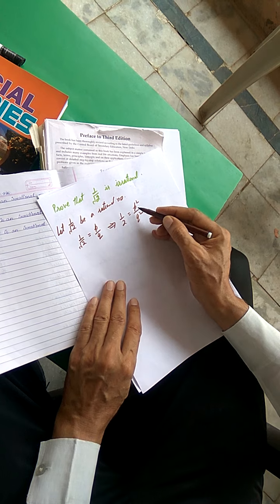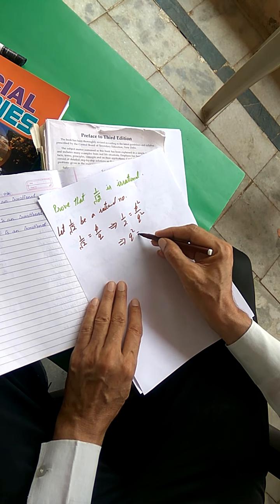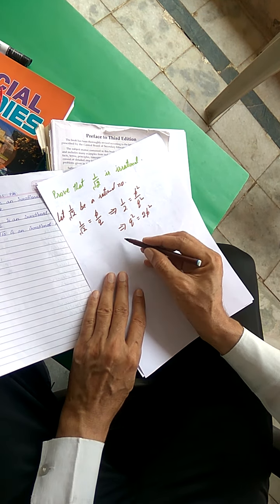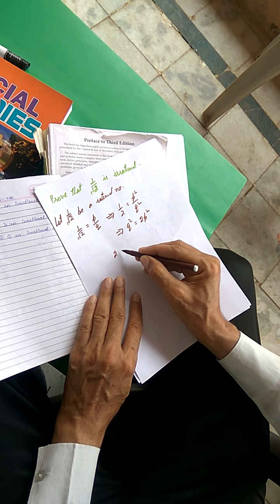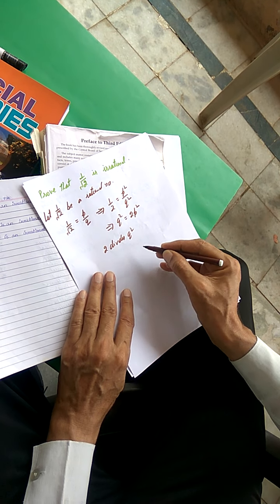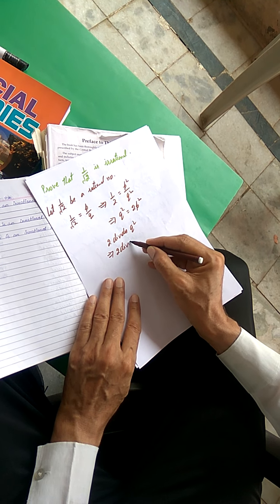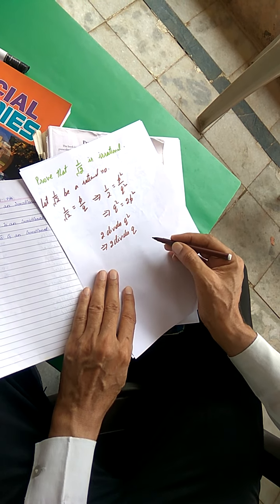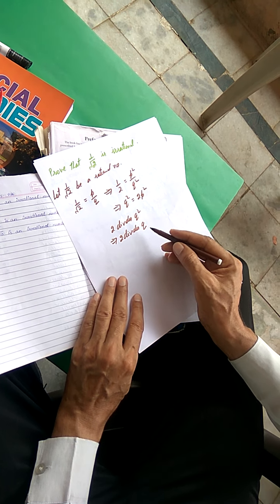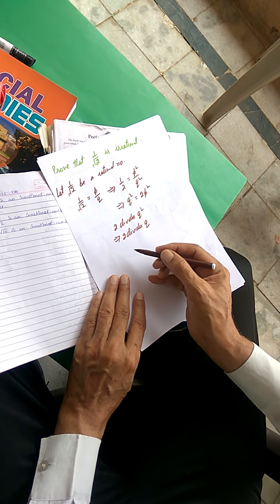This goes this side and this goes this side. You get q square is equal to 2p square. This means 2 divides q square. This means 2 divides q. If 2 divides q, if 2 is a multiple of q, then let us take